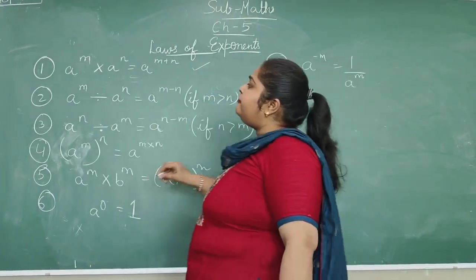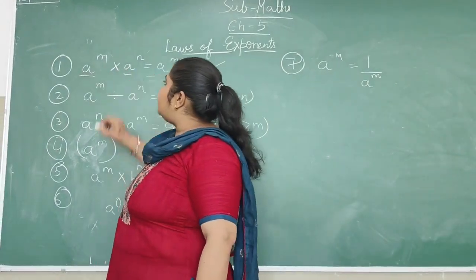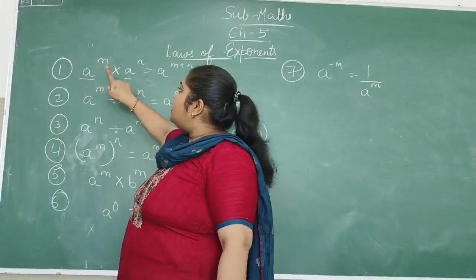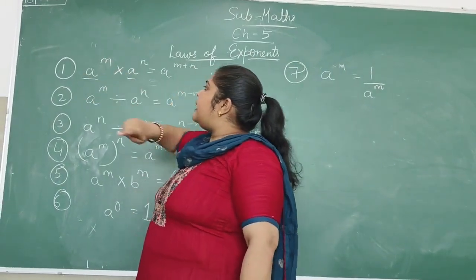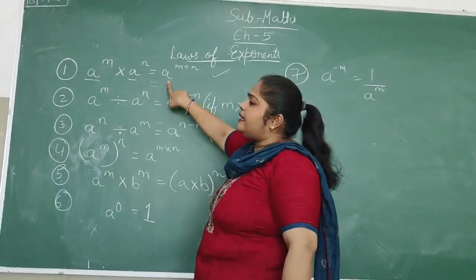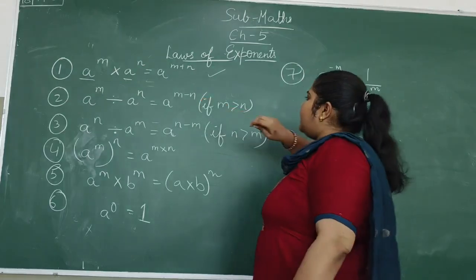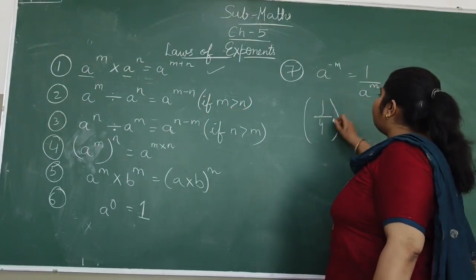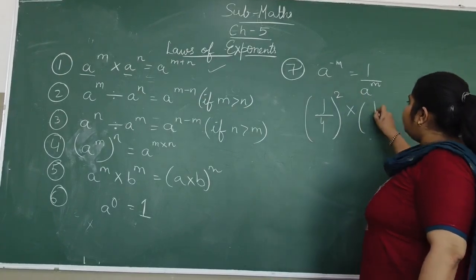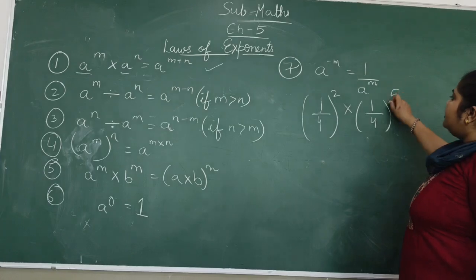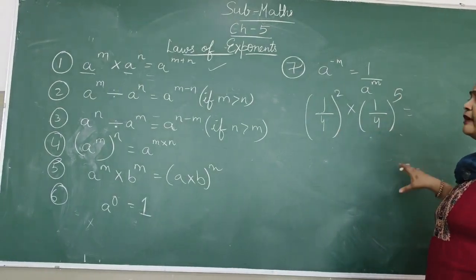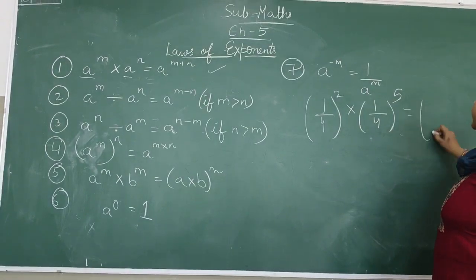This shows that if the bases of both the numbers are the same and the powers are different, and they are multiplying with each other, we have to write the base once and add the powers. So for example, if the question is (1/4) to the power 2 multiplied by (1/4) to the power 5, instead of writing it 2 times, then 5 times and then multiplying,